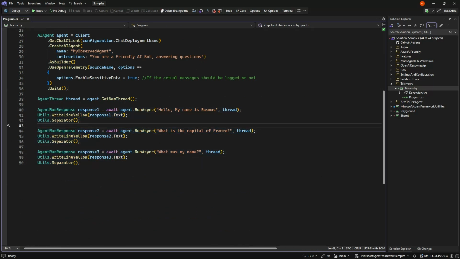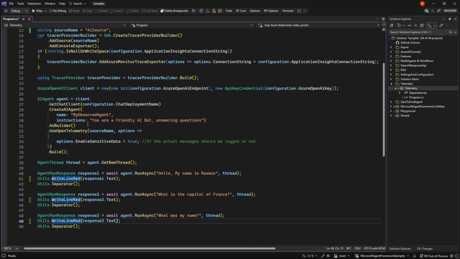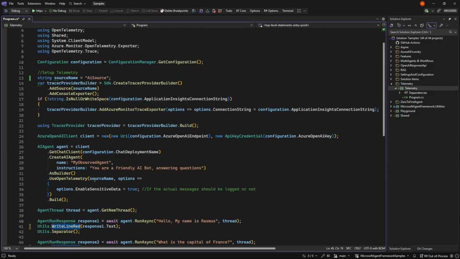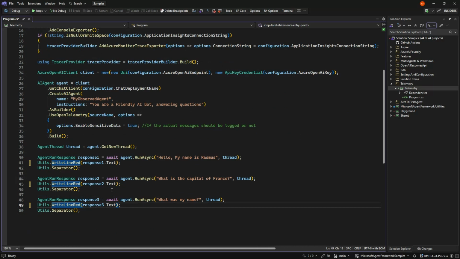The only thing I'm doing here is my responses are coming out in yellow. And we might actually go to red, so it's even easier to see where they are, because as I have the telemetry console exporter here, a lot of extra data will come out despite our three texts here.